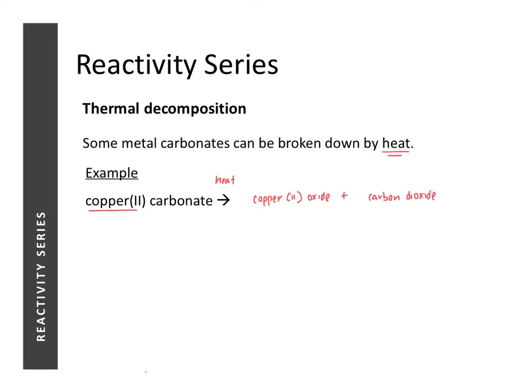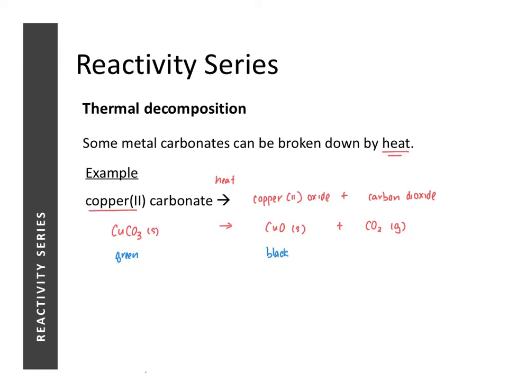Okay, so let's try to write the chemical equation. Copper 2 carbonate gives you copper 2 oxide and carbon dioxide, and the state symbols are as follows. Now this again is a very famous reaction. Why? Because again it has very distinct observations that you can make. It's because copper 2 carbonate has a very distinctive green color. Okay, go and Google copper 2 carbonate and you will see that it has a very nice bluish green color. And then copper 2 oxide